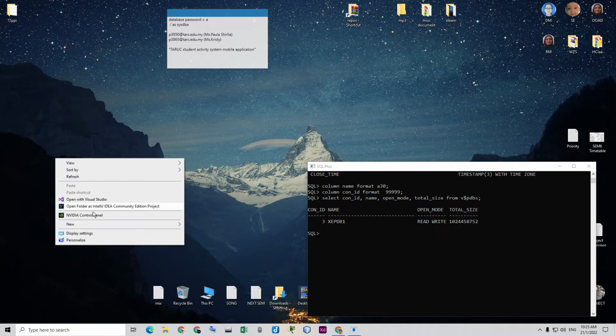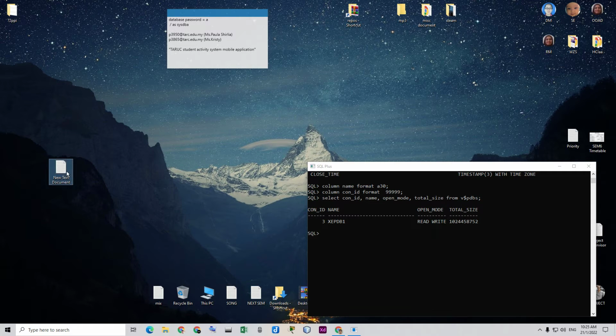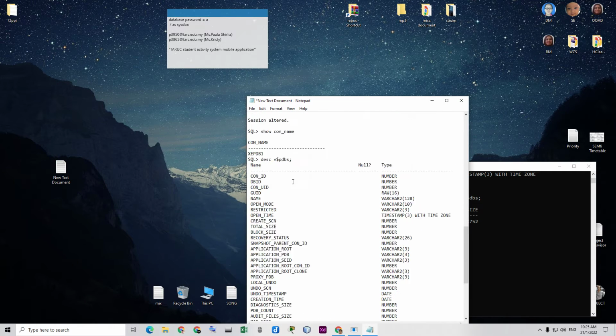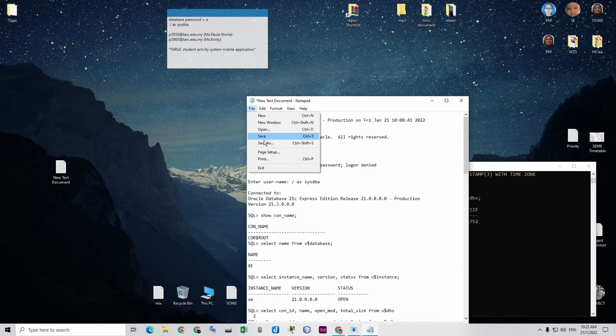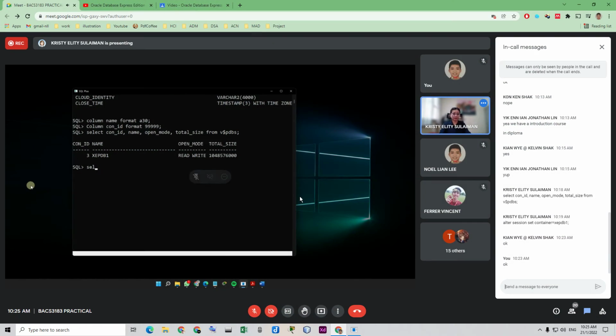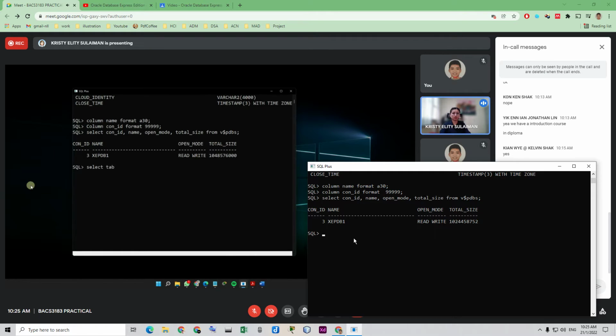Okay, now let's see what we have in tablespace in this database. So you type in select tablespace_name from DBA_tablespaces. Basically, you want to see the names of the tablespaces that we have in this particular table.